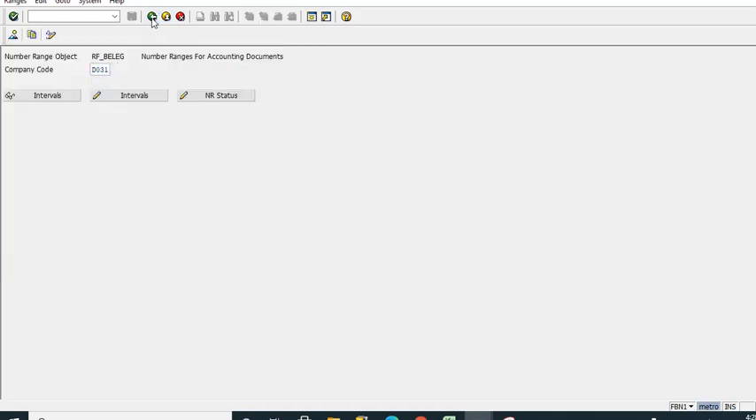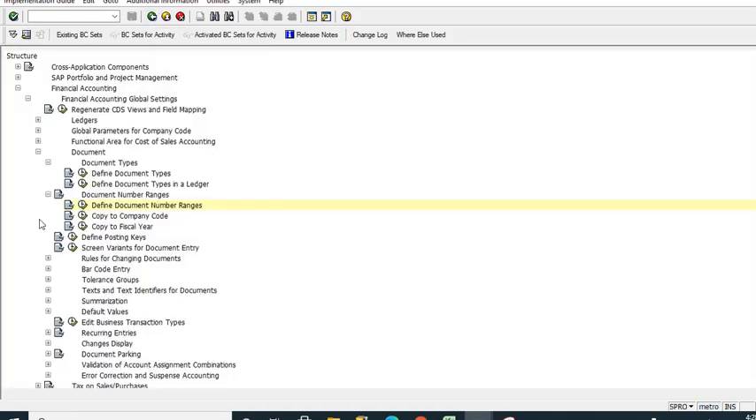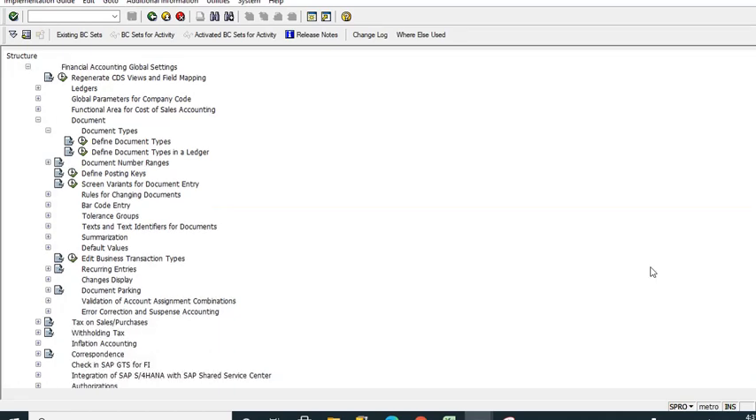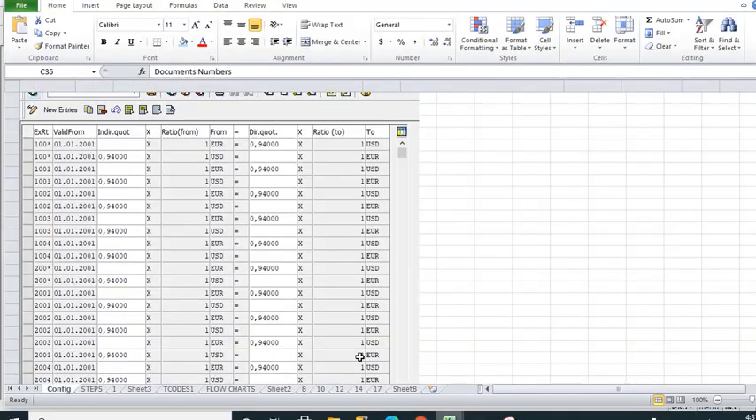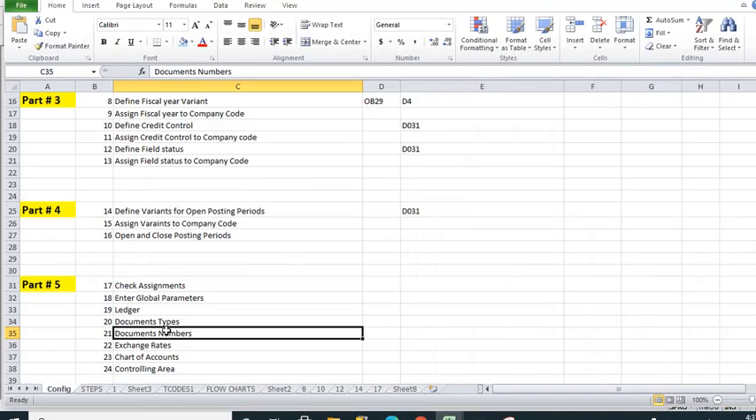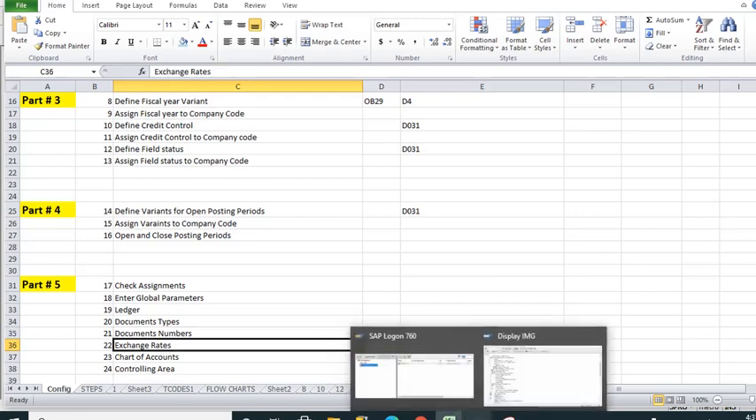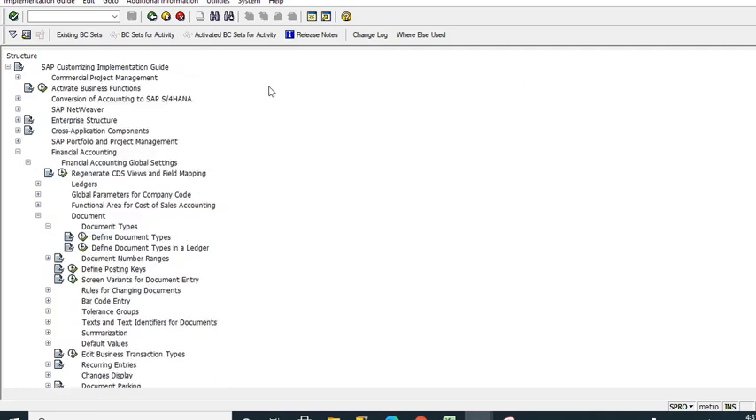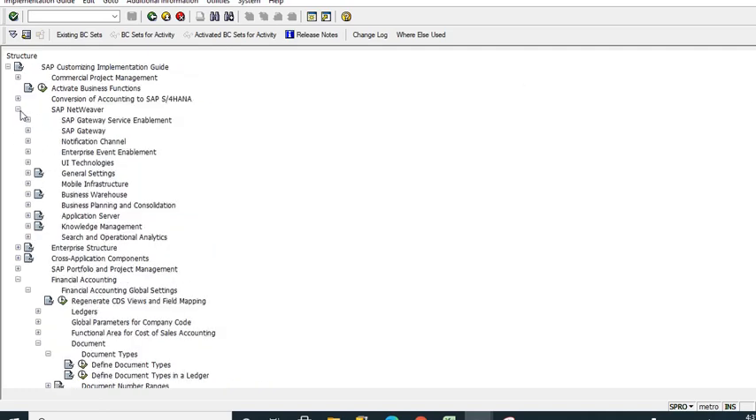Go back. So after this point, we now go to currency, probably the exchange rate. Yes, exchange rate. Here we just want to show you. That's it. So go up, go to SAP NetWeaver, general setting,